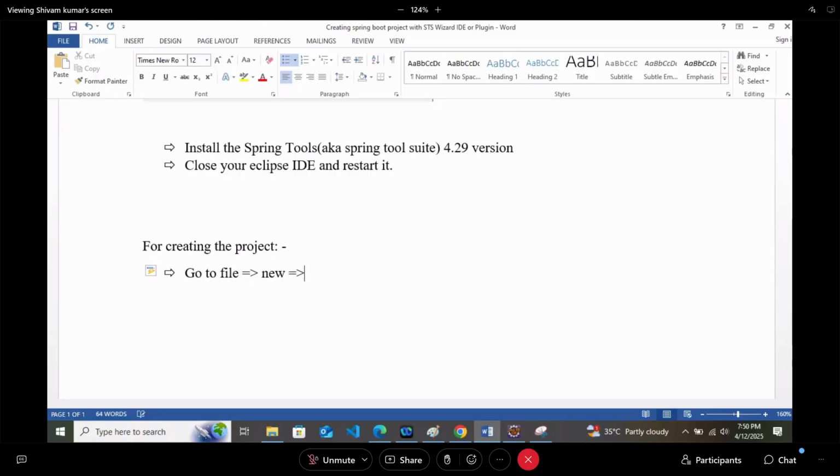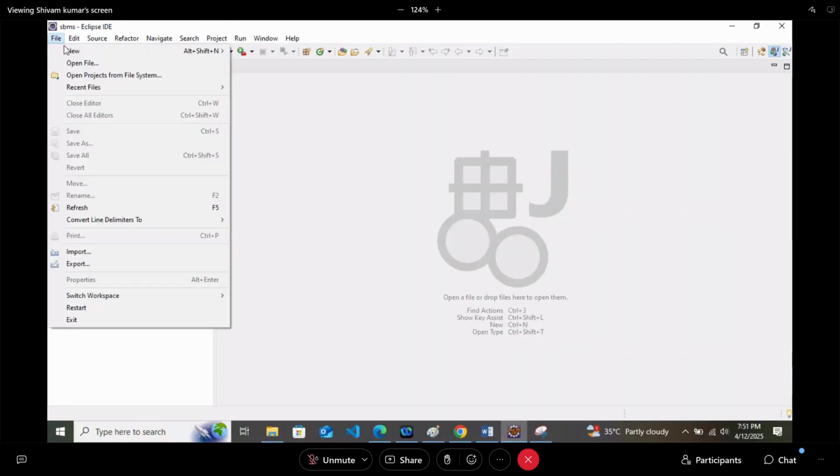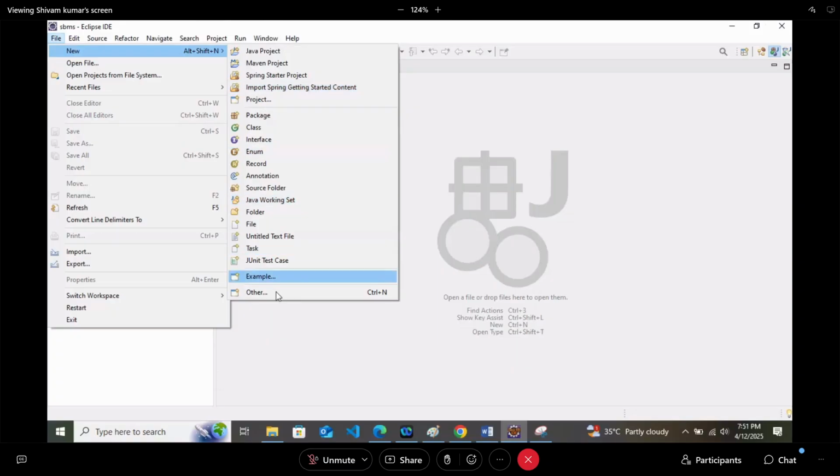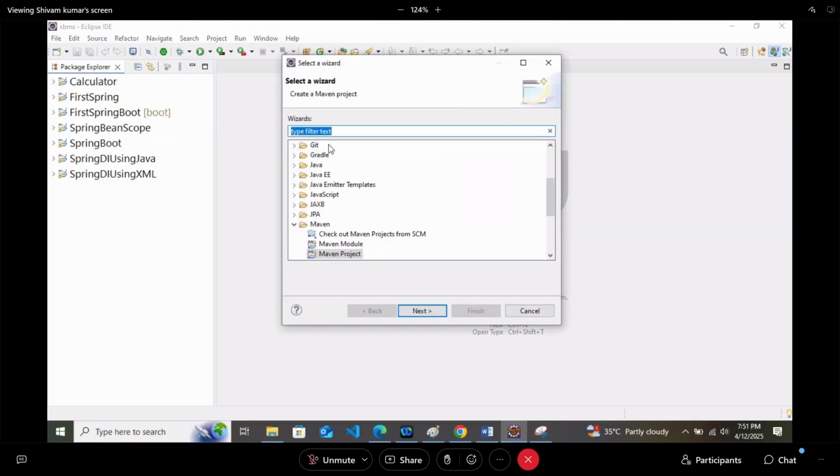After going to New, go to Others. Again I am showing File, New and Others. So go to Eclipse, File, New, and at last you see this Other section. Go there. Now you will come to this particular wizard.